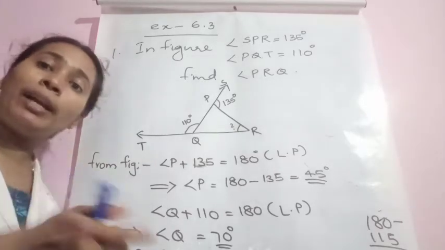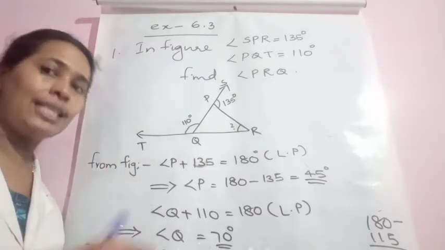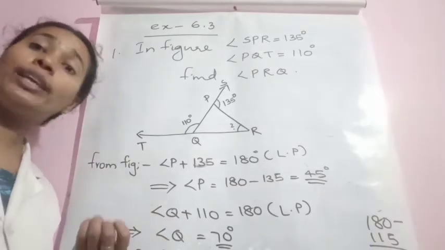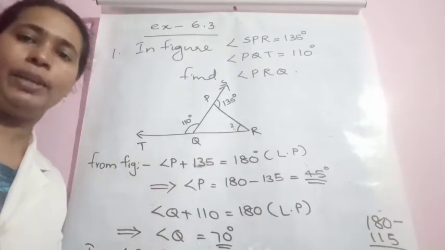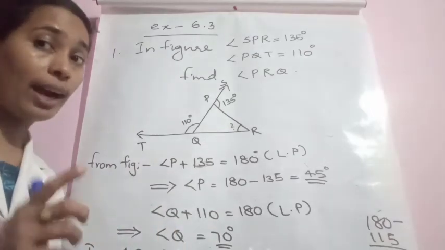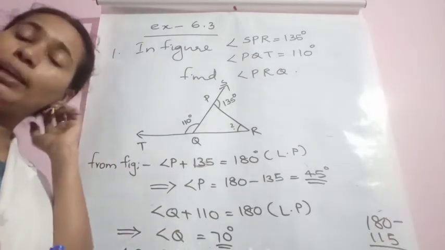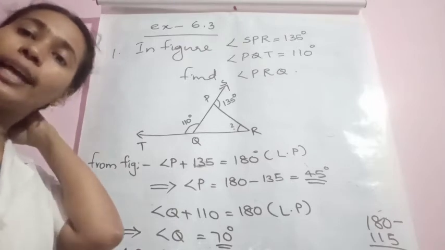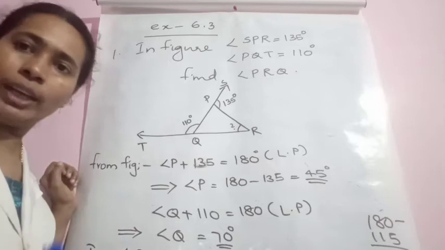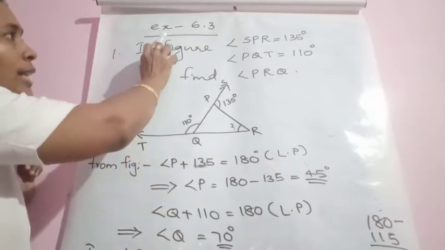See, the statement you have already learned in lower classes, but here we studied its proof also. How can we prove the same? Using the linear pair property. Learn it by heart, because it is very important. State and prove angle sum property of a triangle is very important. Okay, so let us move to exercise 6.3.